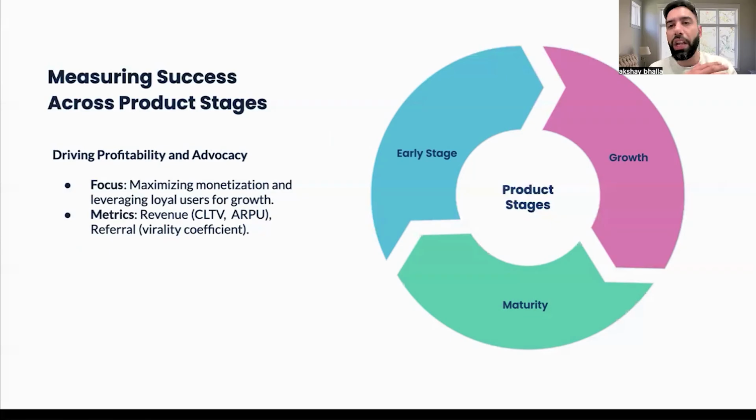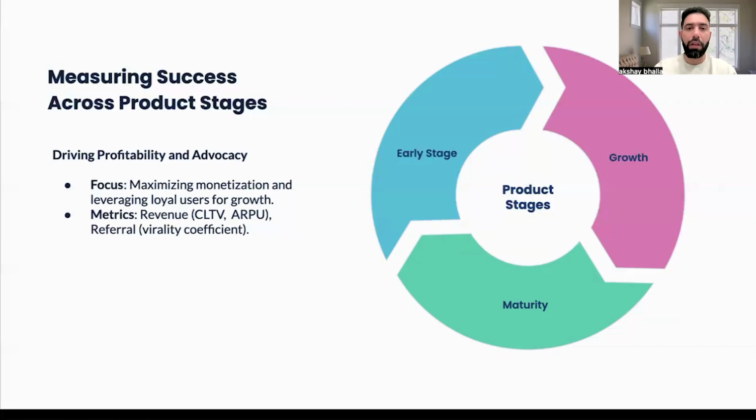Next is the maturity stage. Now that you have gone through multiple phases, seen the users adopt and use your product, seen your product go from 1 to 100, in the maturity stage the focus shifts to maximizing profitability and advocacy. At this point, the revenue metrics like customer lifetime value, ARR, MRR, average revenue per user, these are the metrics that become the most critical ones, alongside referral metrics, which actually drive the word of mouth